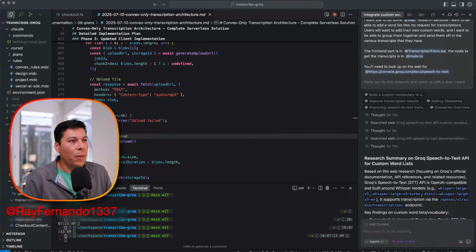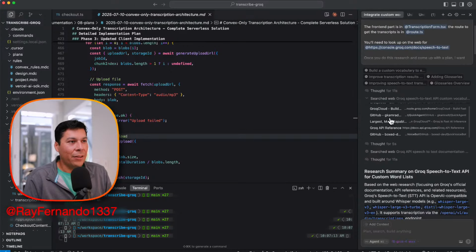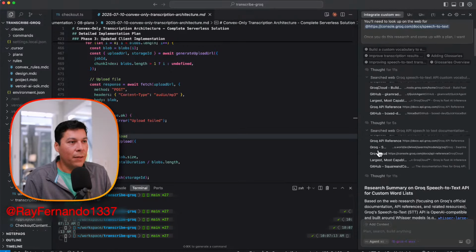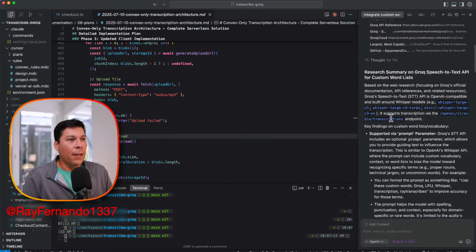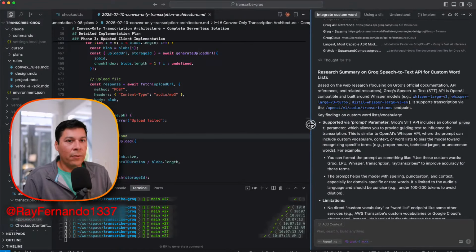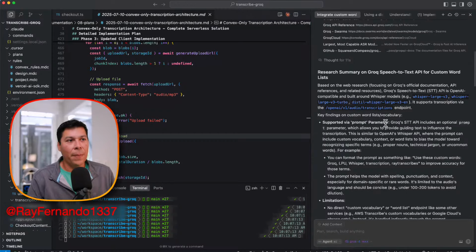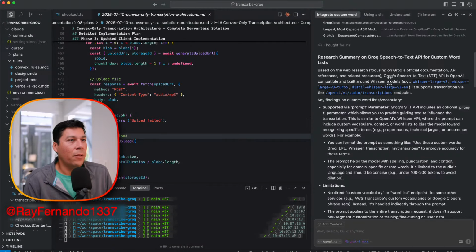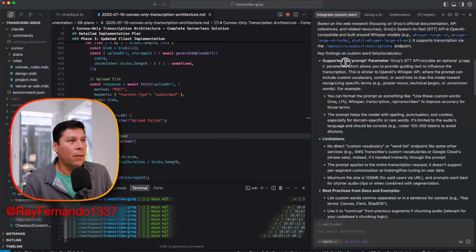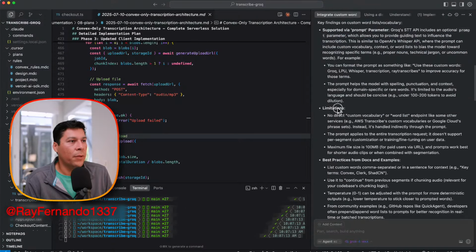So one thing I'm super impressed with Cursor and Grok 4 right now is this relationship of thinking through my code and actually doing web research. Wow, this is great. And then it gives me a little research summary. Let's see if I can expand this a little bit more so I can read this. This is really impressive. So based on the web research, it supports transcription via this endpoint, supported via prompts, no